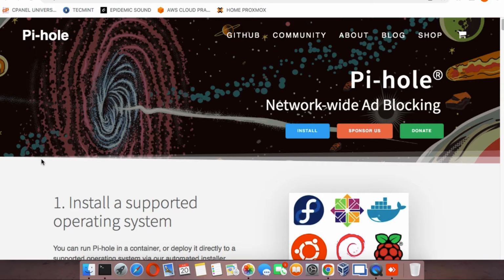Hi guys. So today we're going to be working on setting up a website blocking system for your LAN network. So if you work as an IT professional, or even if you're not an IT professional, and you need to set up a website blocking system, or even an ad blocking system to save data for your network. Today I'm actually going to be walking you through the installation and setup process of the Pi-hole network-wide ad blocking